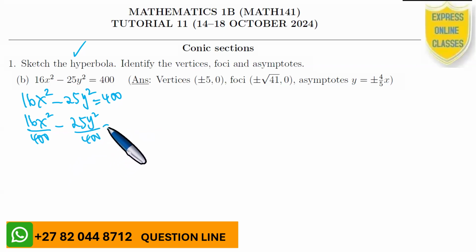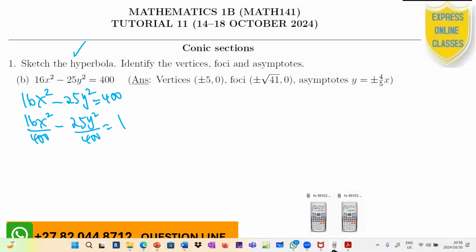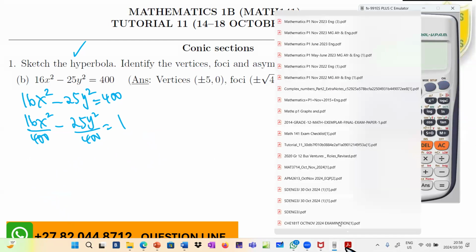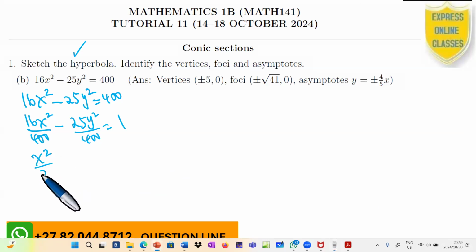Right, so we can simplify this. 16 out of 400 is 25, so this is going to become x squared out of 25 minus